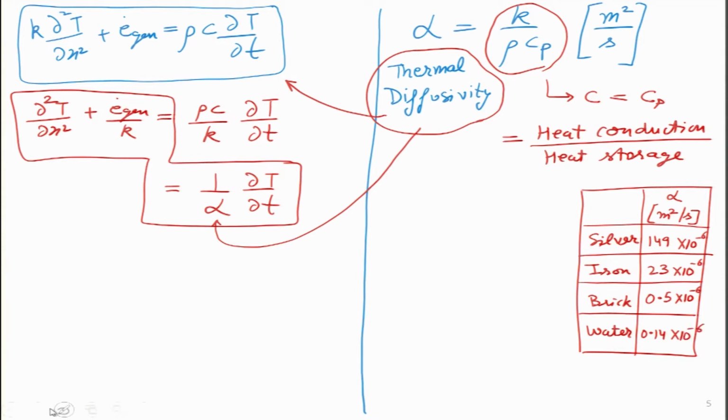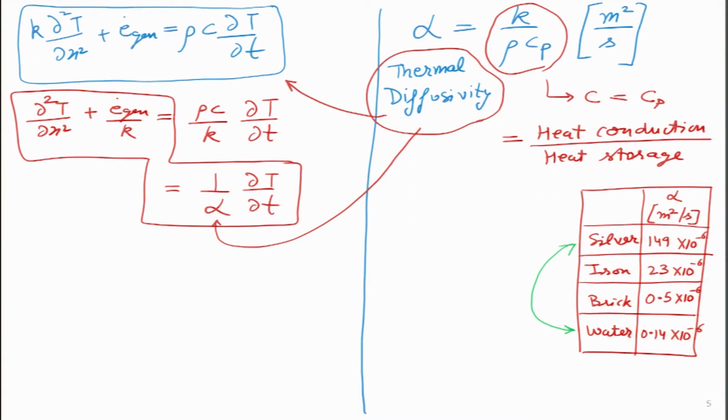So, if we compare the highest and lowest values of thermal diffusivity in this particular table, so if I compare silver to water, both are given the same amount of heat. So, what will happen to that heat? Silver will tend to transfer most of the heat across it, while water would tend to retain most of the heat. So, it will absorb that heat because water has very high specific heat. Silver has very high thermal conductivity and very low specific heat. So, this is the physical explanation of thermal diffusivity.